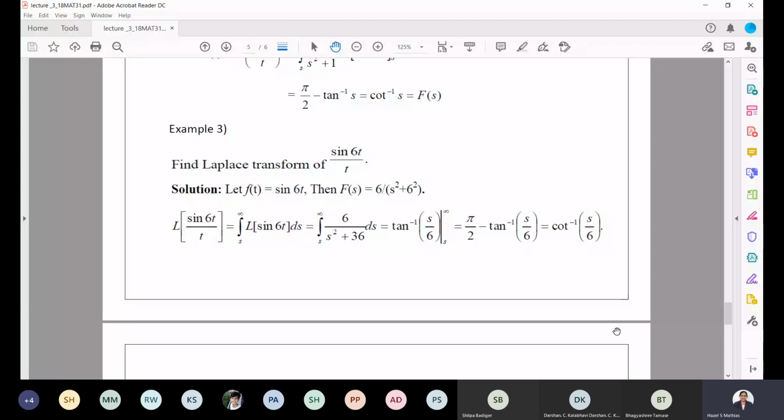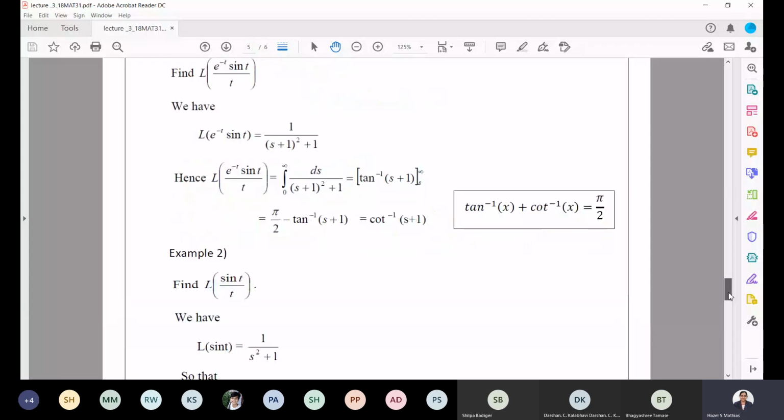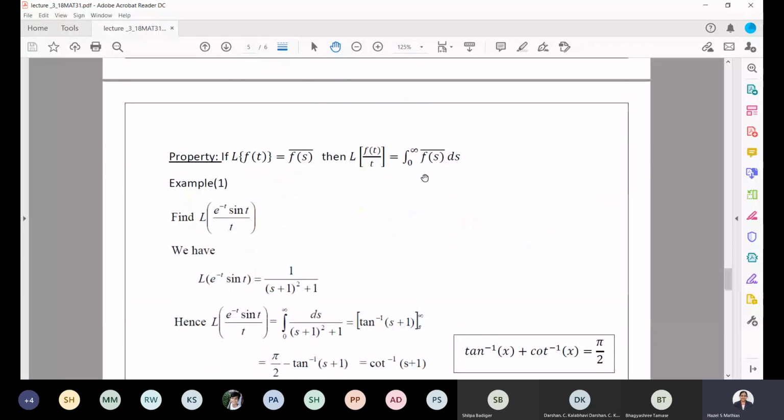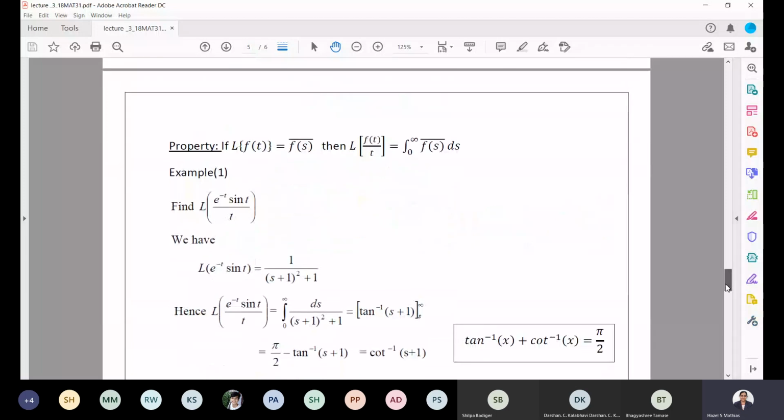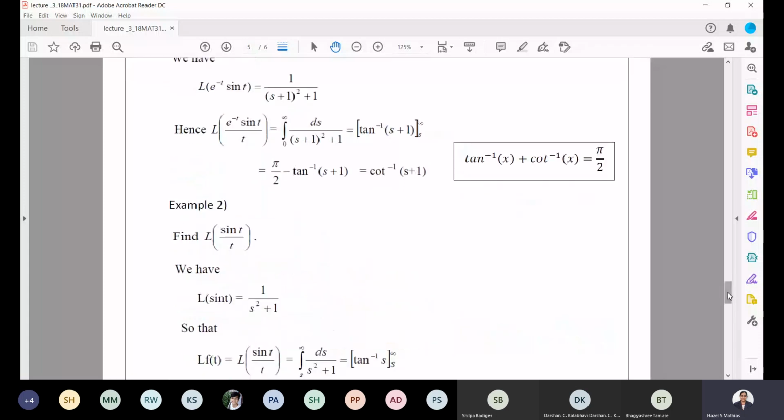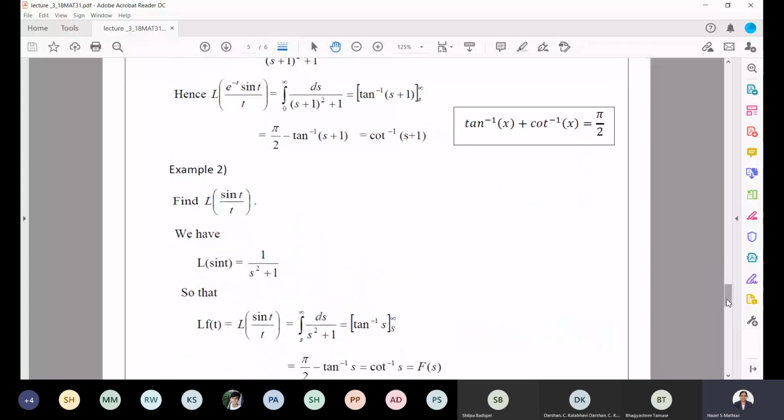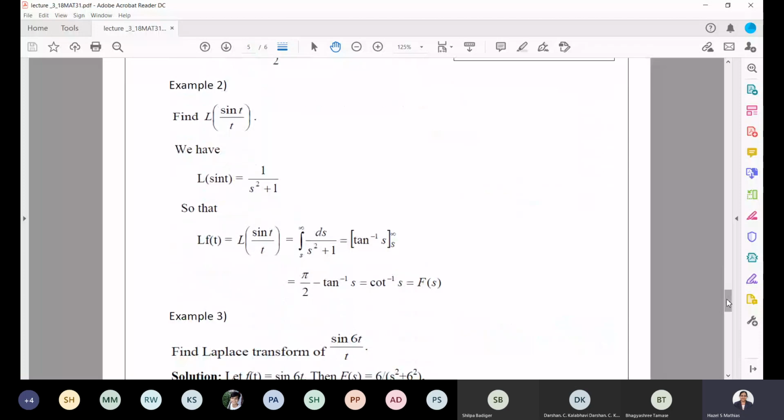Okay, so here it is s to infinity, not 0 to infinity. Make a correction over here. Everybody, the limits vary from s to infinity, not 0 to infinity. Are you all able to hear me? Yes, ma'am. Okay, make a correction there in the property.